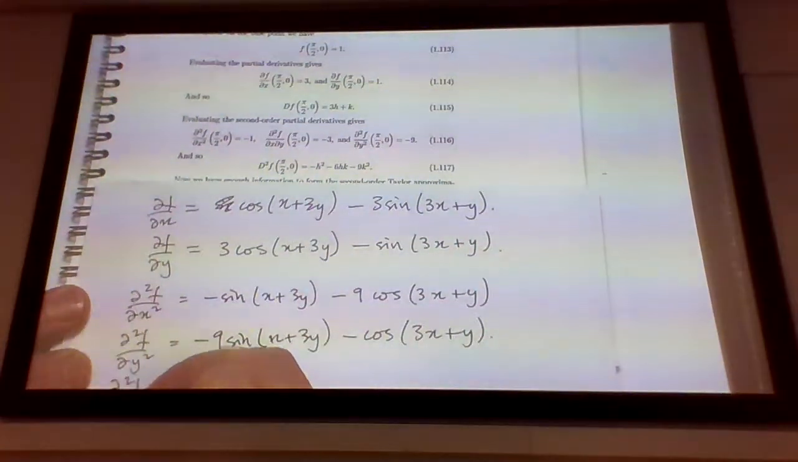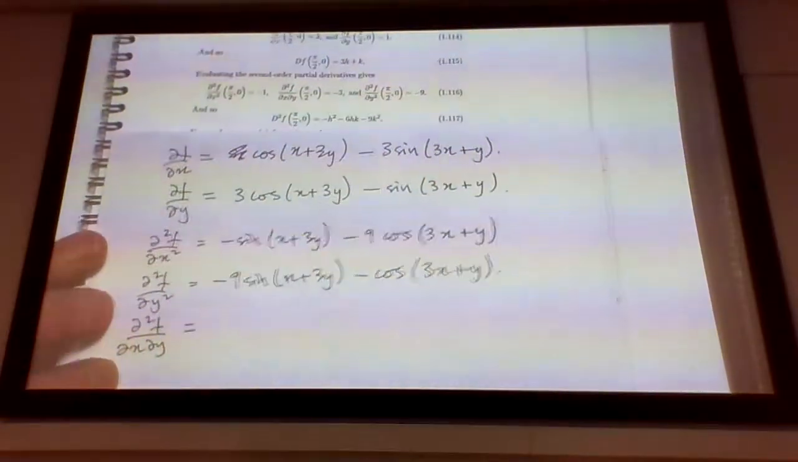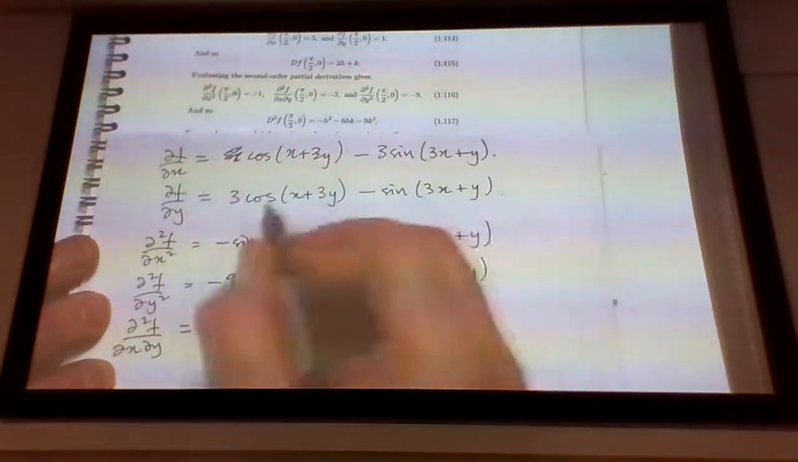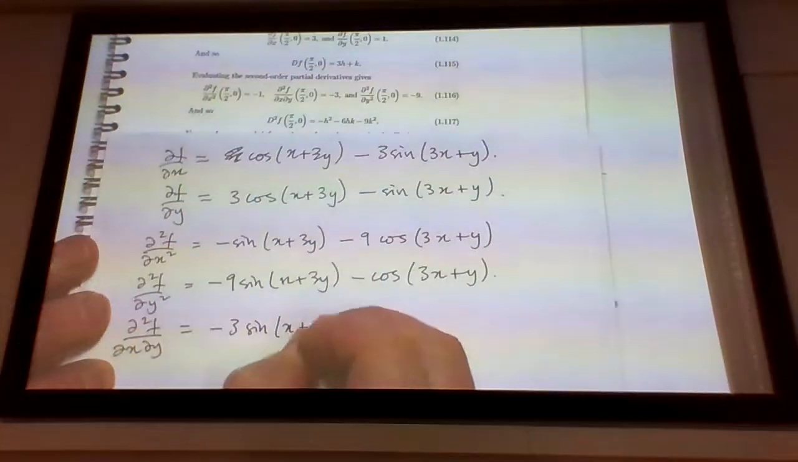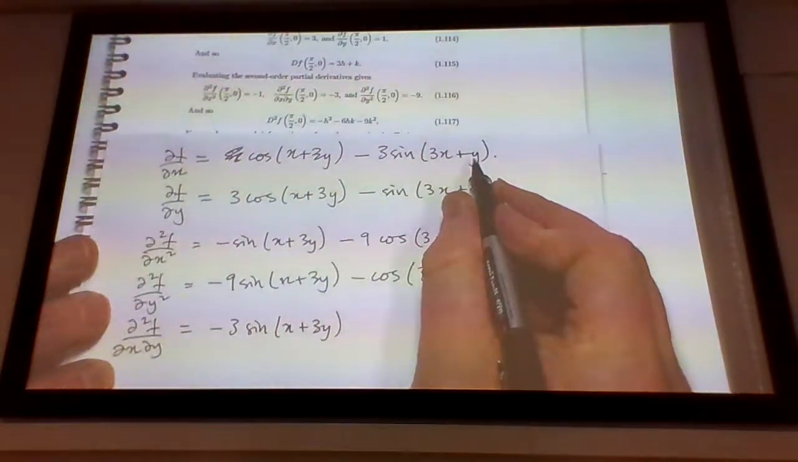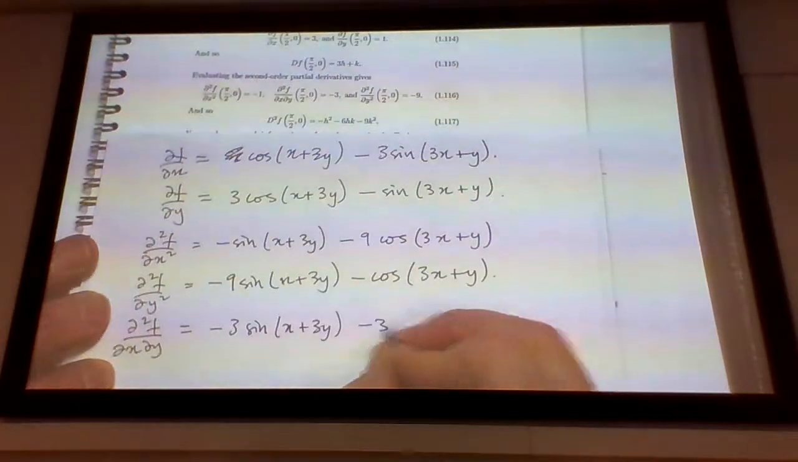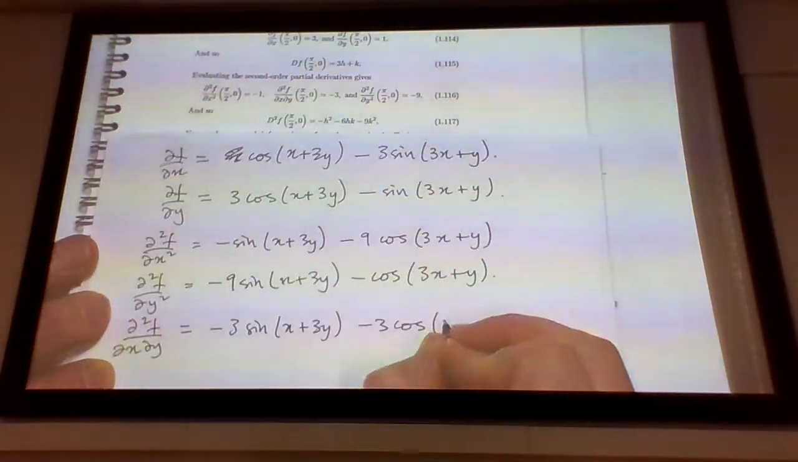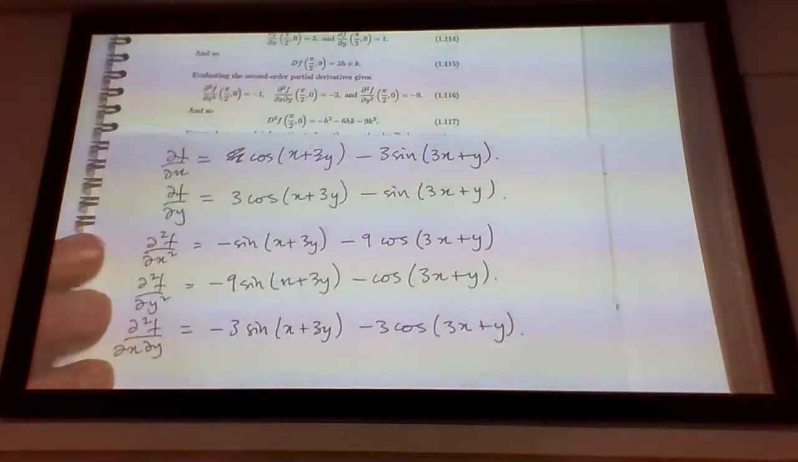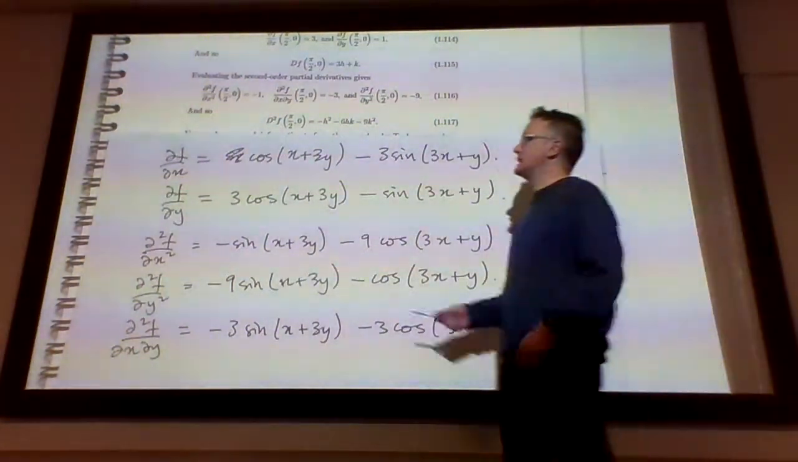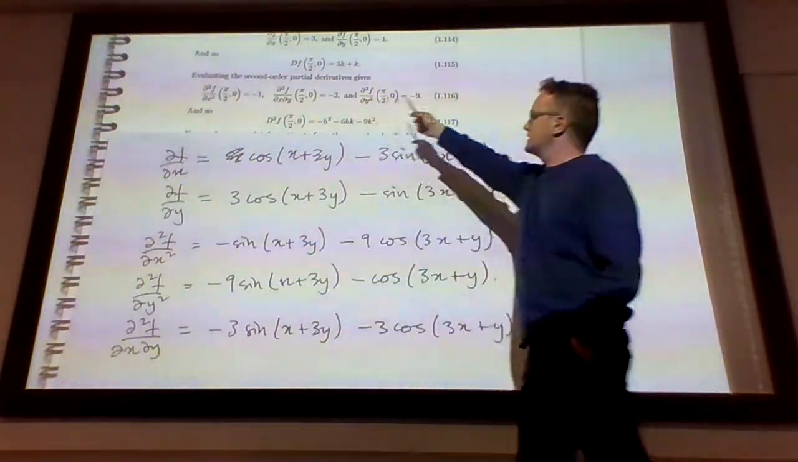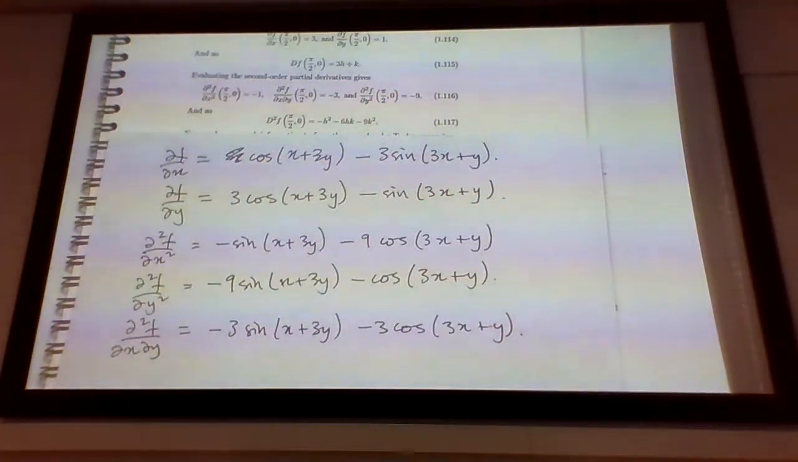And then the third second order partial derivative, d2f dx dy: you take the x derivative and differentiate it with respect to y, and you have minus 3 times the sine of x plus 3y minus 3 times the cosine of 3x plus y. And so taking these 3 second order partial derivatives and evaluating them at the base point pi over 2, 0, we get these values, minus 1, minus 3, and minus 9,